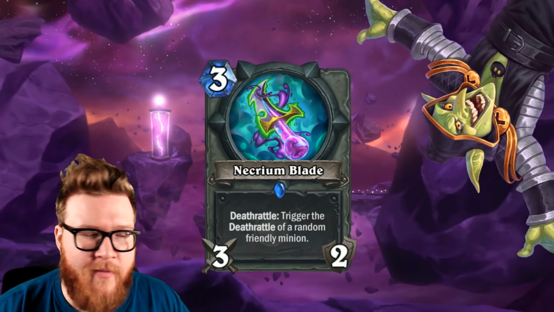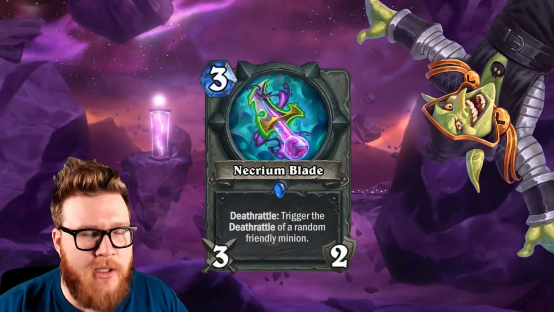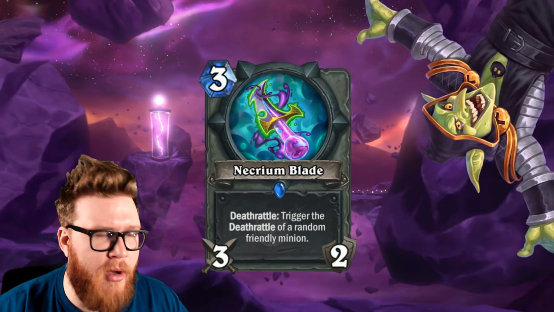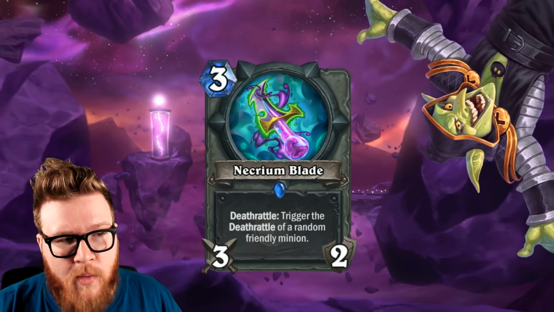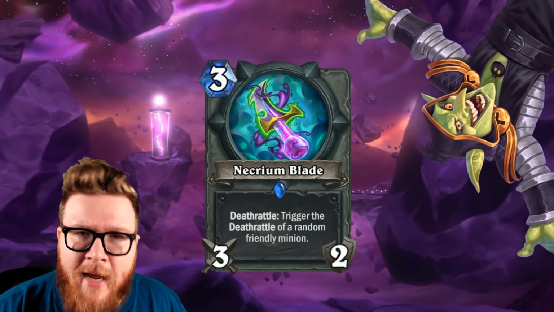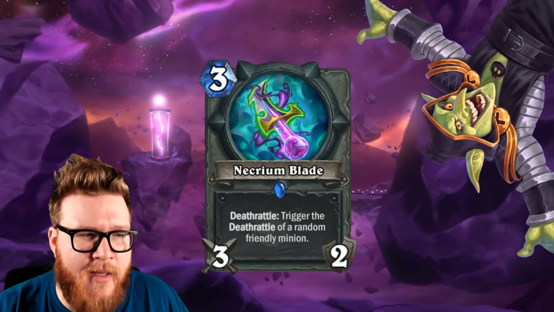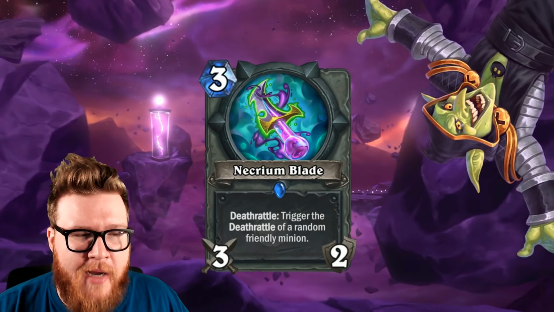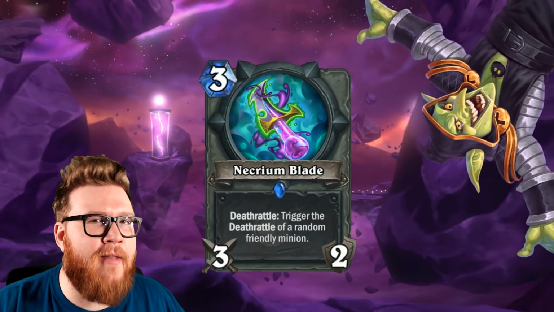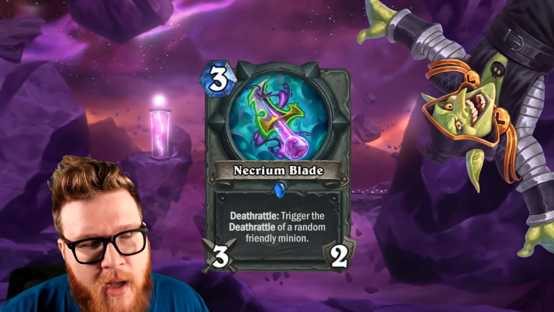Even Fiery War Axe after the nerf is still playable, surprisingly. And that's because this just lines up so well. We've seen it with Eaglehorn Bow, we've seen it with Rallying Blade. I think there's a couple other examples. So just at a raw level, this looks great. It will never be played over Shadow Blade in a non-Deathrattle deck. I mean, I want to make that clear. As long as Shadow Blade's in rotation, it would be preferred over Necrium Blade in anything other than a Deathrattle deck. But obviously, Necrium Blade is designed for a Deathrattle deck, so that's the context in which we're going to discuss it,